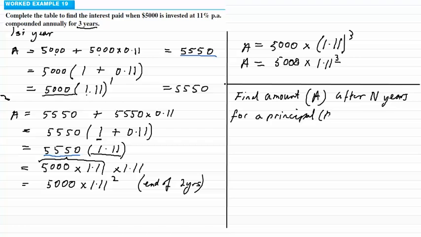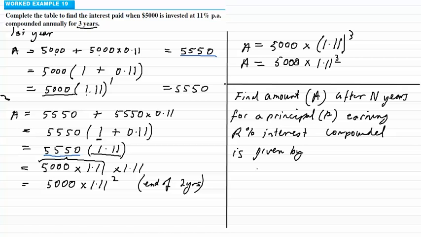So that's the amount of money you invest, capital P, earning R% interest compounded, that's the key word, compounded yearly, is given by,